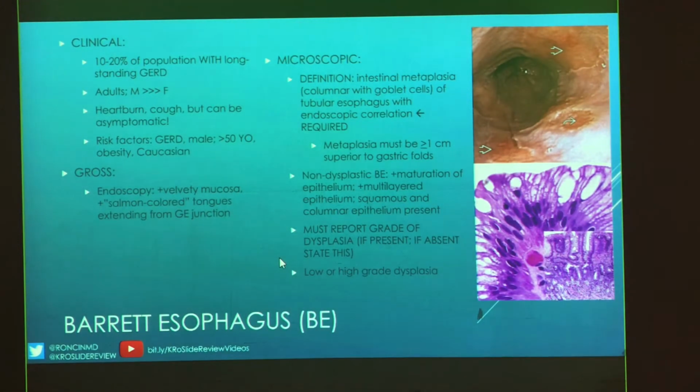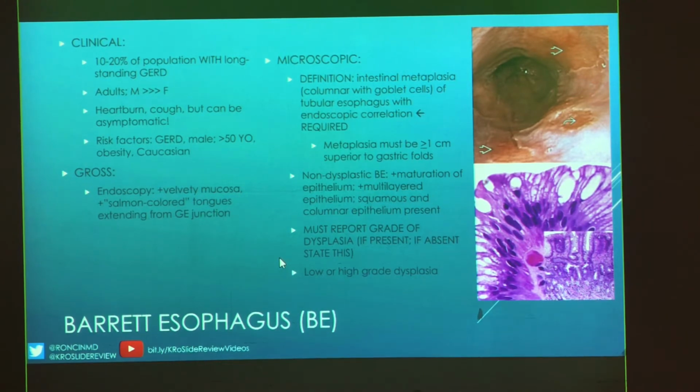Excellent. So Barrett's esophagus happens in 10 to 20% of patients with long-standing gastroesophageal reflux disease. So not 10 to 20% of your population, but people with GERD. It's almost always in adult males. And just like with GERD, they're going to complain of heartburn. They may have a cough from the reflux, but they can also be asymptomatic. Risk factors: obviously GERD, being male, over 50 years old, Caucasian males,